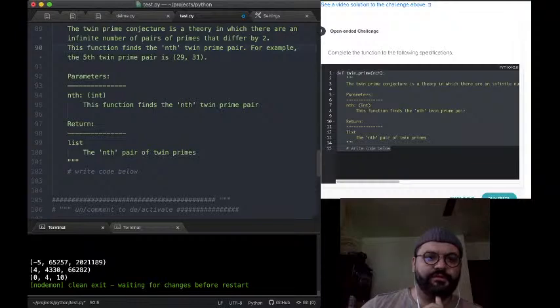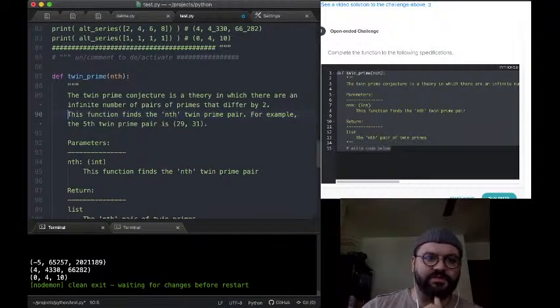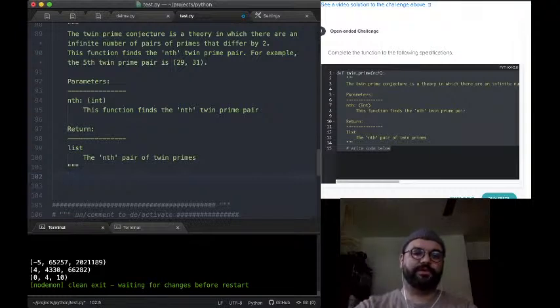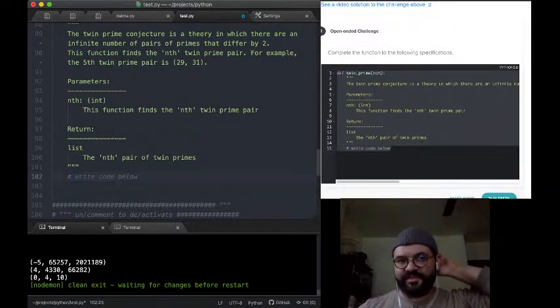So the parameter is n and it returns a list. Seems like it should return a tuple, but whatever. I'm going to write mine to return a tuple. Return P1, P2. Actually, no. I'm not going to do that for now. Before I start solving this,